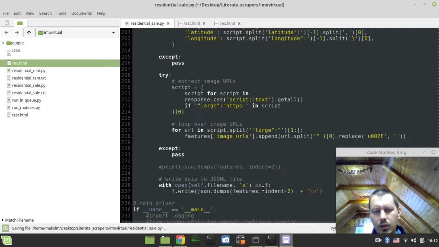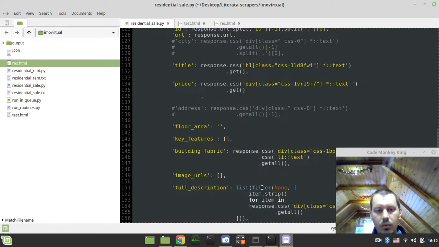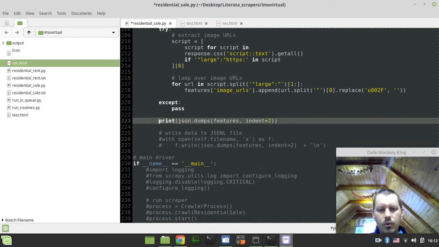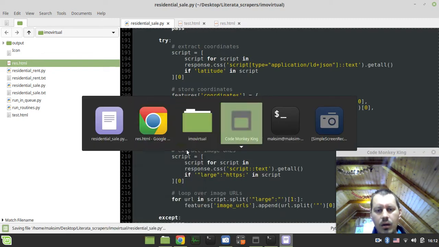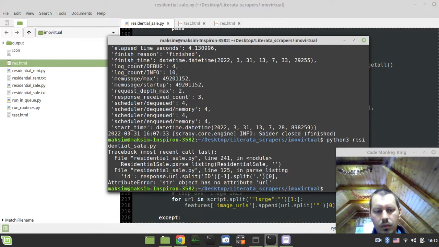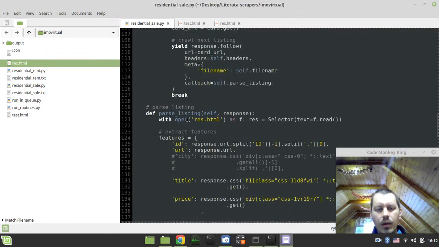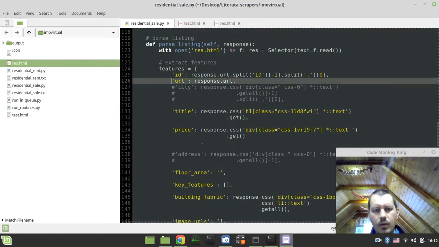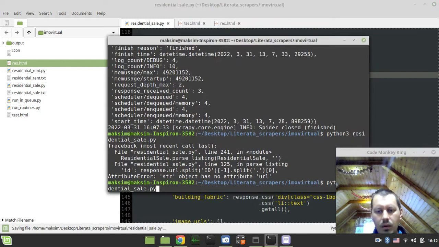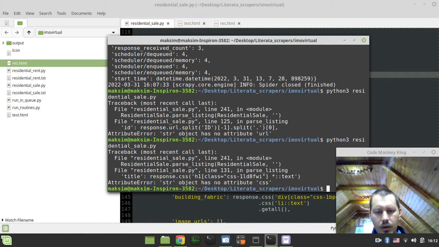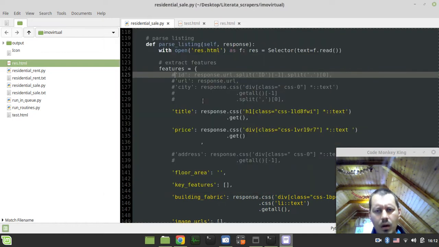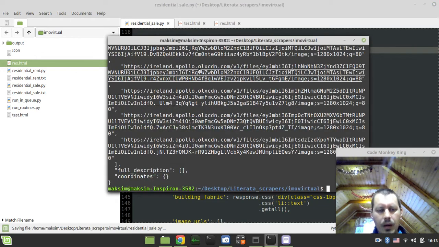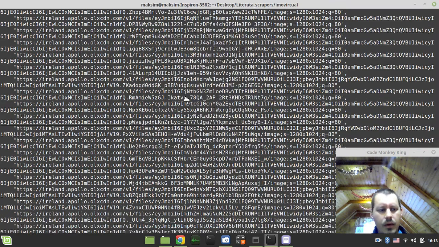I'm faking the response object here, and I just want to ask a simple question. I don't want to write anything at the moment, I just want to print. Let's see if I can do it now. String object has no URL. That's happening because we don't have the URL, so let's drop this for now. String doesn't have this response. I need to say not res but response here. Okay, and now we do have something, at least something.